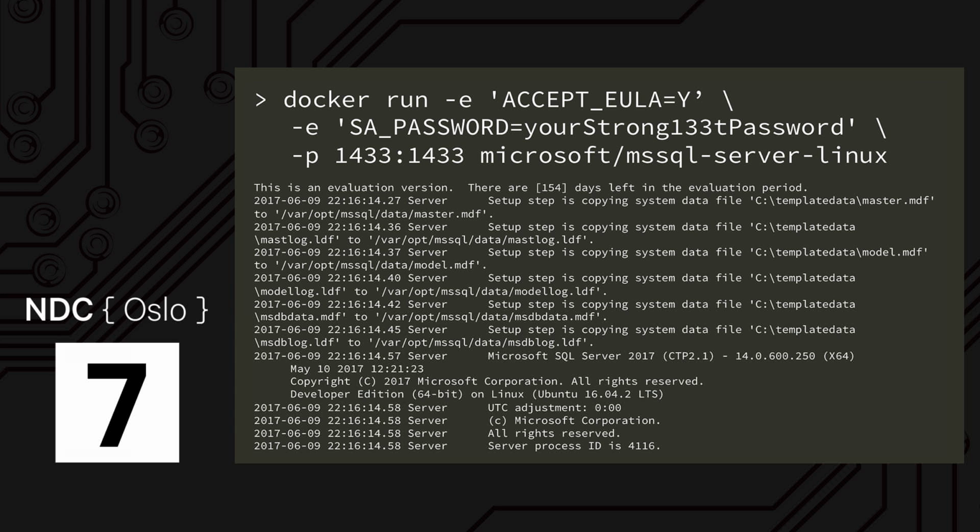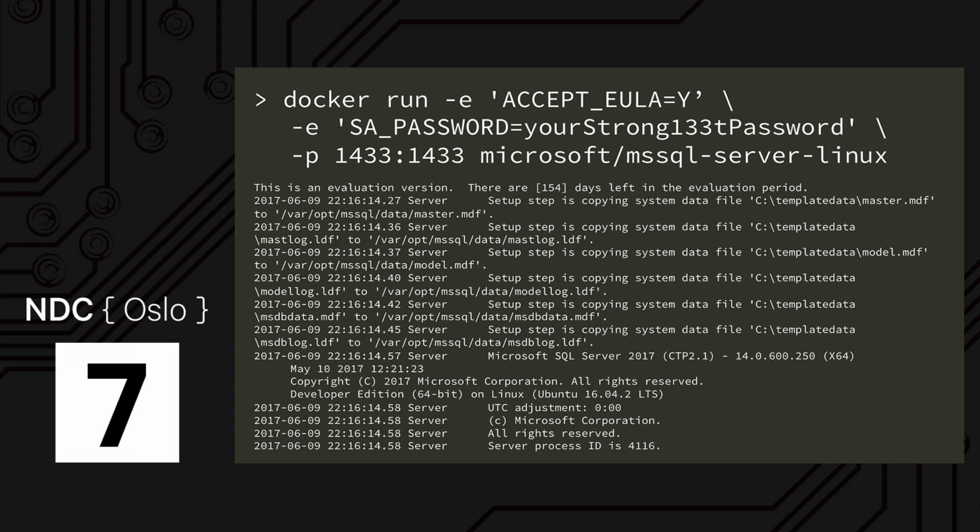But it works on Linux, and you can execute all of the SQL commands and all of the operations that you would expect from SQL Server on Windows. But because we now have it on Linux, it means we can now run it effectively inside of containers. And so in this case, I'm launching the latest CTP of SQL Server 2017. And as it launches up, you can see normal operations which you'd expect from SQL Server. It's creating the master, it's creating the model, we've got some tempdb